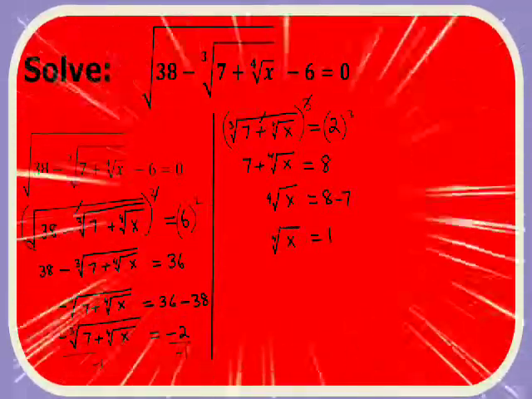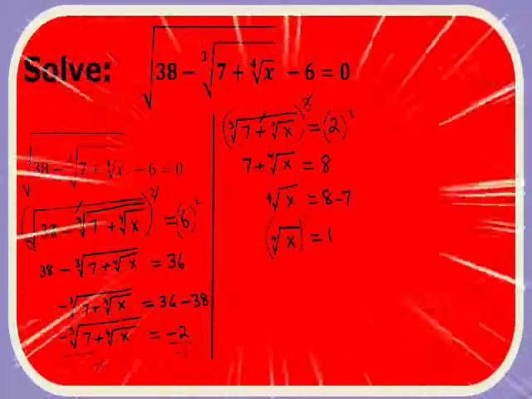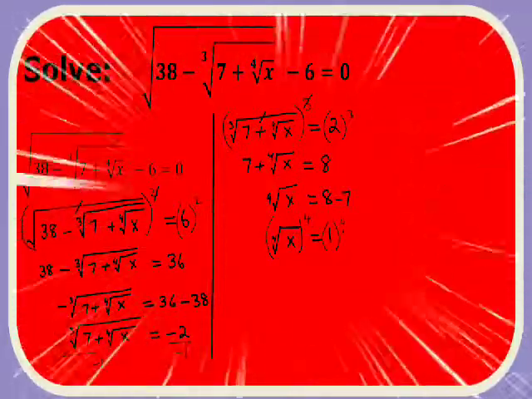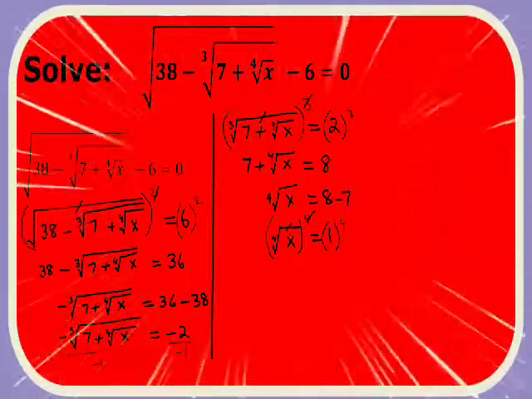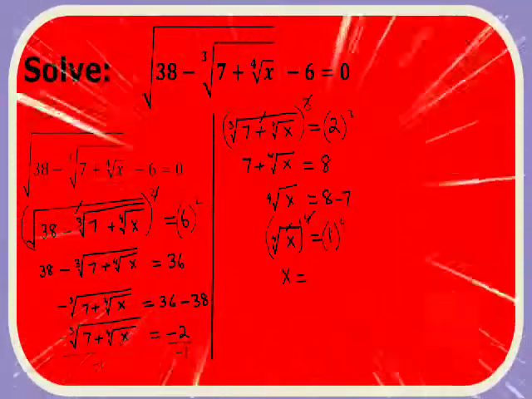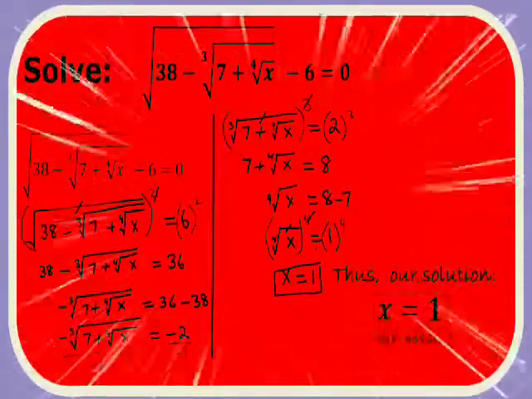And we are almost done. Now let's go ahead and remove this fourth root by taking the fourth power on both sides. So this fourth root and power 4 undo each other. So we ended up with x equal to 1 to the power 4, which means 1, and that is our solution. So thus our solution turns out to be